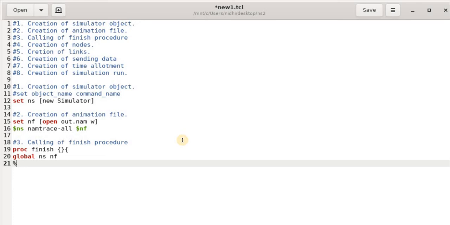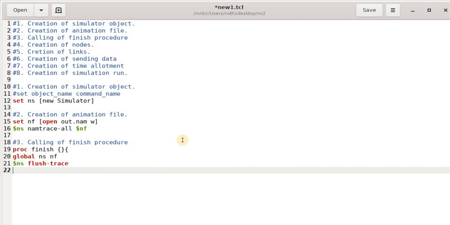You have to tell, by taking the reference of ns, that all the data generated by this simulator object should be flushed. So flush-trace. At the initial time you will get some difficulty with the programming, but whenever you write 2 to 3 programs, it will be much simpler for you. And you have to close the opened file, that is nf.